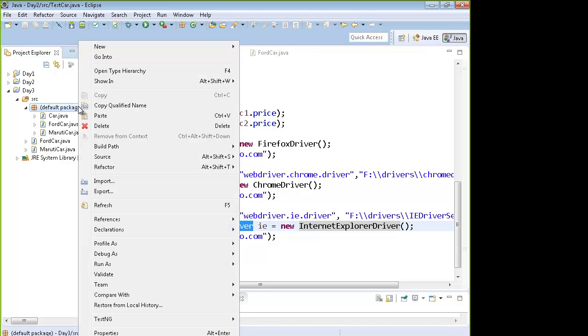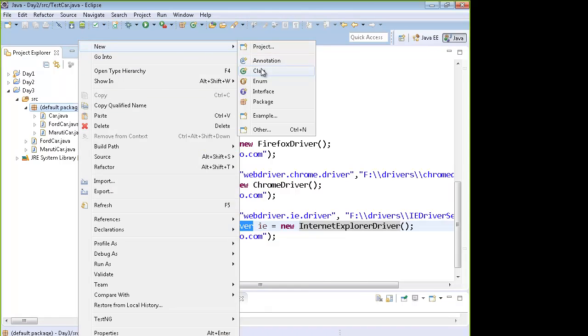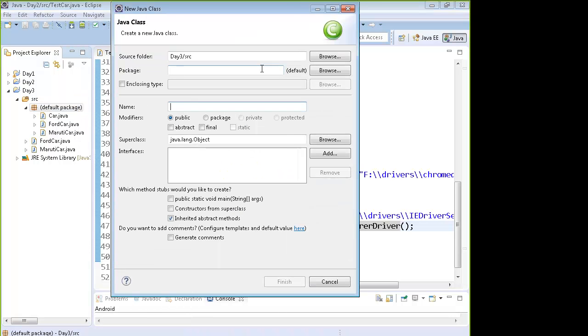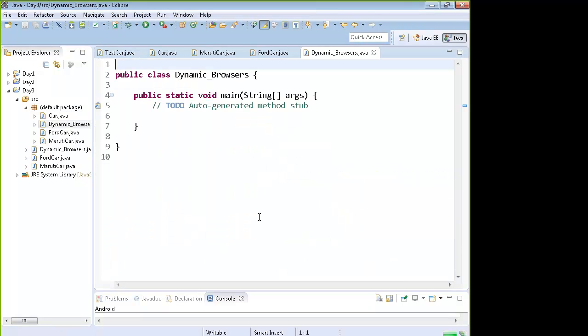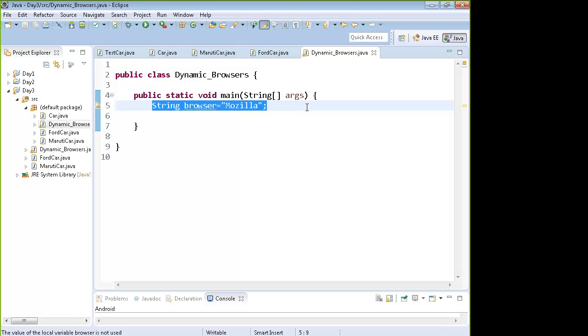Now let me make a new class over here and call it dynamic browsers. I am going to create a variable, say string browser equals Mozilla.